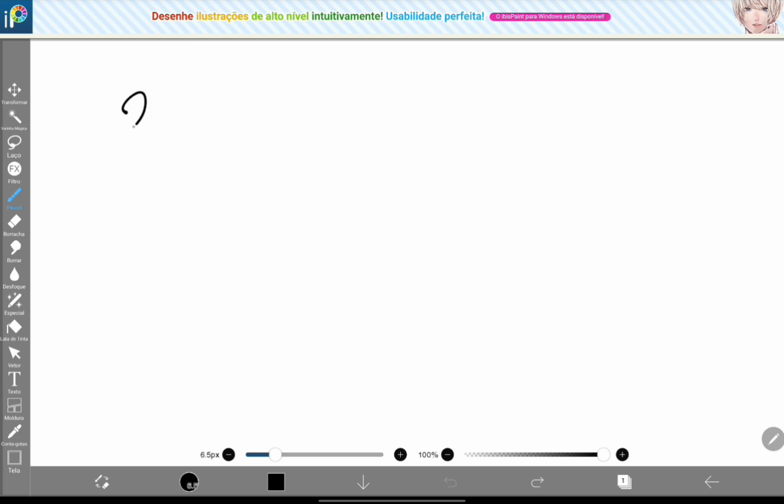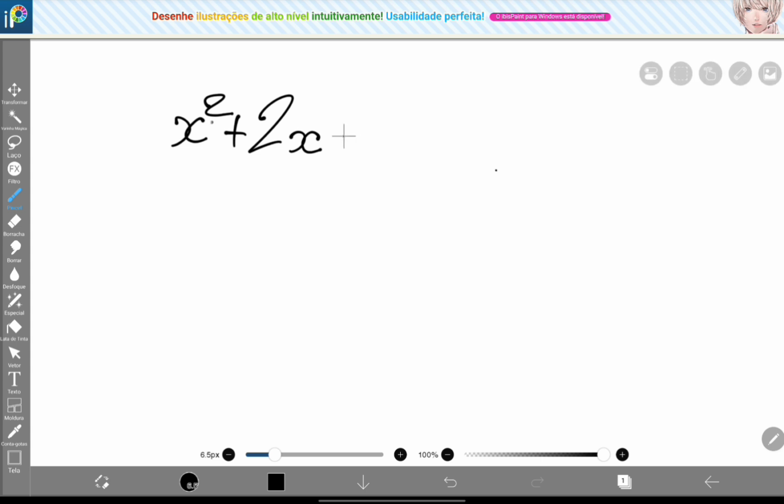Okay, so let's just make it prettier. Let's do x squared, then 2x plus